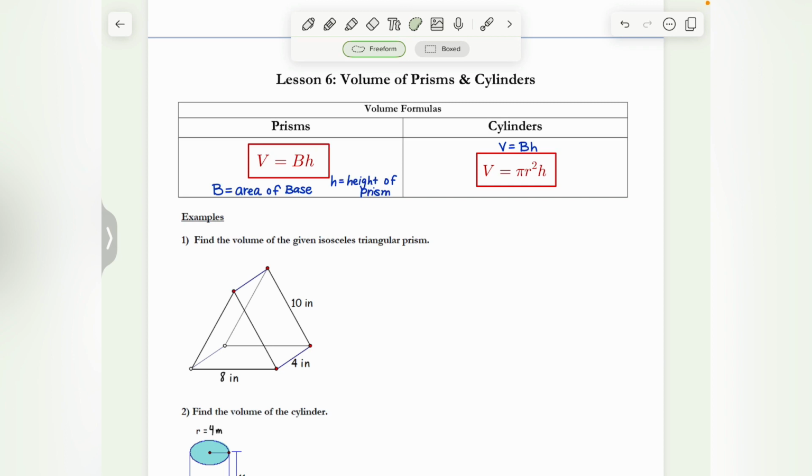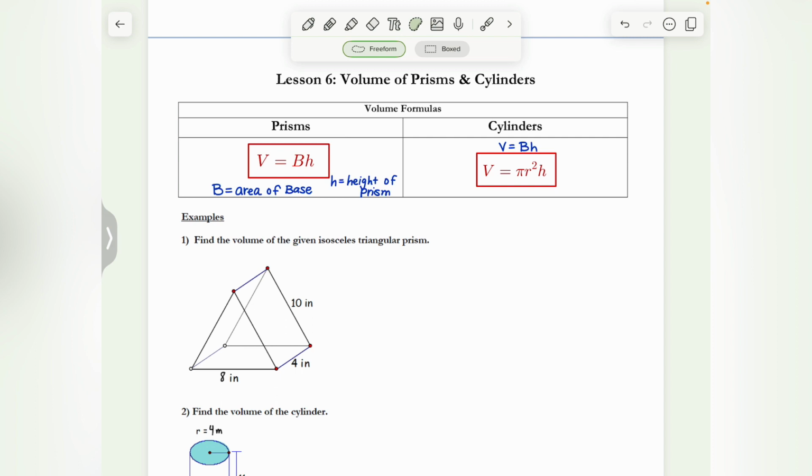All right, hey guys, this is lesson 6, volume of prisms and cylinders. So we are moving on from surface area to volume. And I think you're going to find that these formulas that you're going to learn today are a little bit more manageable. I think that once you understand what to do, you're going to say, oh, I like this better